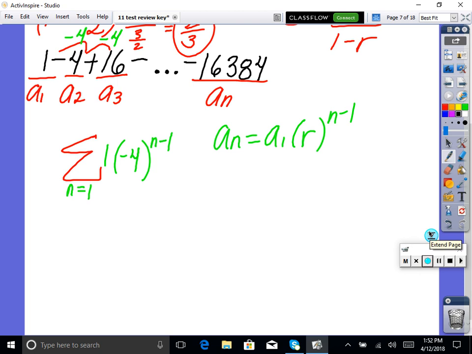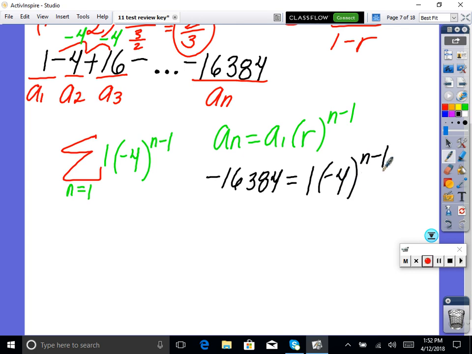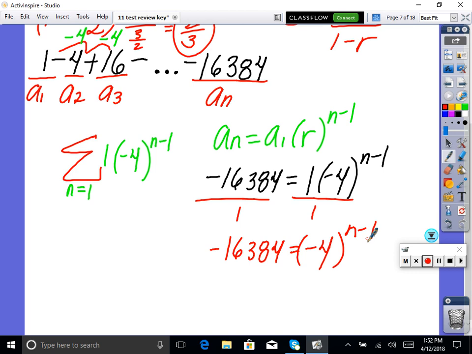So we would have to do this with a logarithm, if you remember, and it might not hit you that that's what it is. But you're going to go back to this formula and plug in everything you know. We know a sub n is -16384. That's equal to a sub 1 times -4 raised to the n minus 1. And now we'll solve for n. So we would divide both sides by 1. That doesn't change anything. -16384 equals -4 raised to the n minus 1. We're going to make this positive because